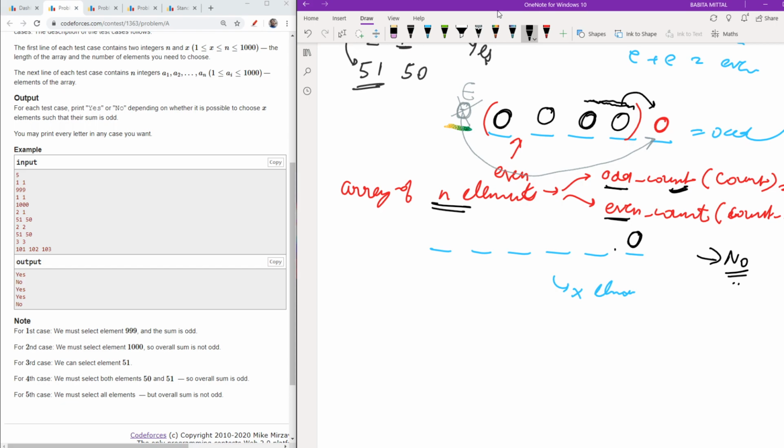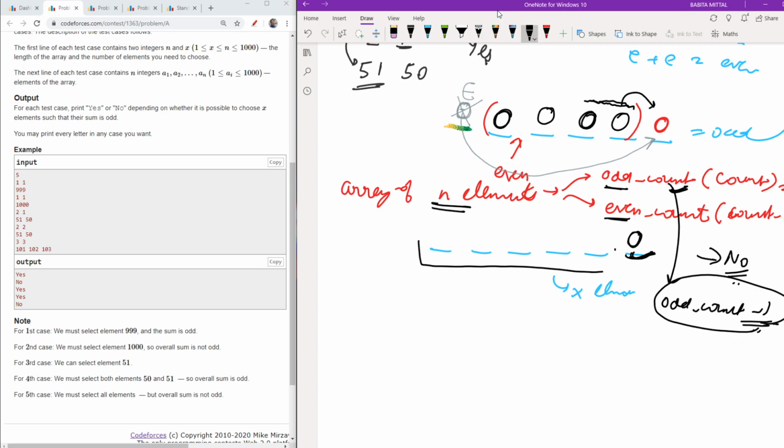So the first condition is that if my odd count is 0, then my answer will be no. Now for the next condition, if my odd count is not 0, meaning it is more than or equal to 1, then I will place one odd value here. So the remaining odd count will be odd count minus 1, and I still have the even count. So I have these numbers available.